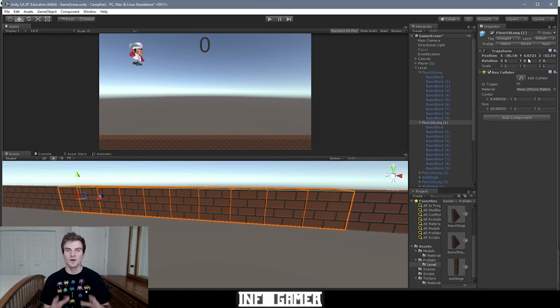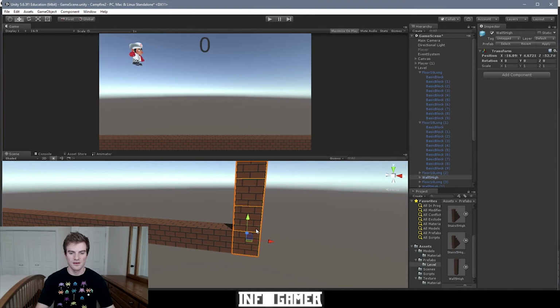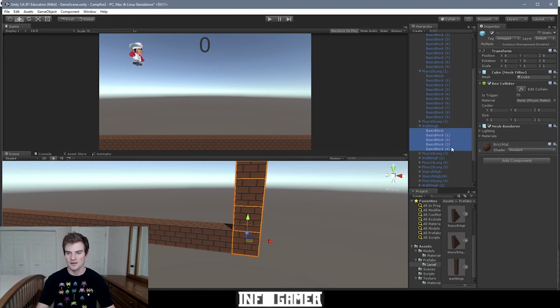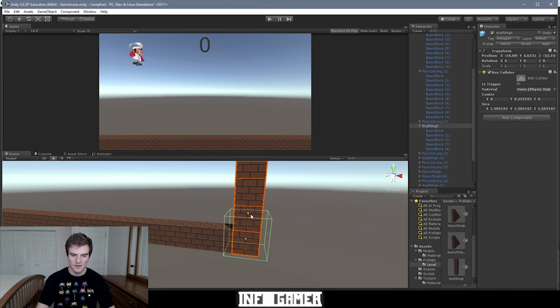And so that's one real quick way to better optimize your game. And we can do that same thing with the vertical wall. So rather than having an individual box collider per cube on our wall, we can select all of those, remove the box collider from each individual one, so remove component, and then with the parent object selected, we can select box collider, and then we can select edit collider, grab that little vertice,